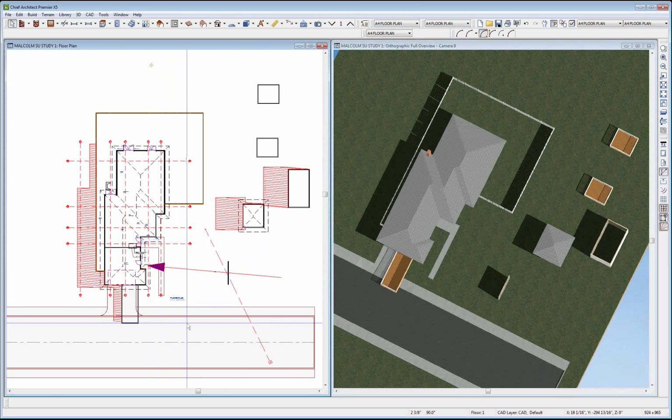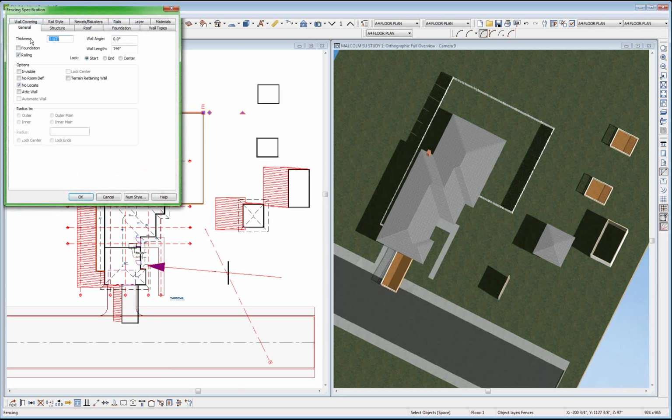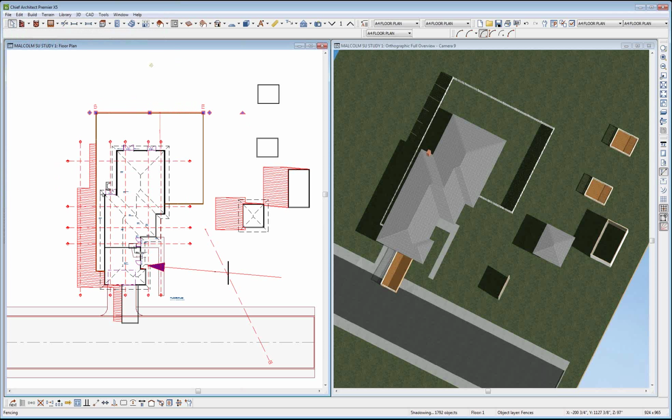So anyway, here's the deal. This fence right here, I made those room definitions, and so this is actually a room right here. And what you'll notice is, watch, when the building is in plan view, shadows are not cast inside of rooms. Shadows aren't cast inside of rooms. So all I have to do is select this and make that a no room def. Now I'm going to see,